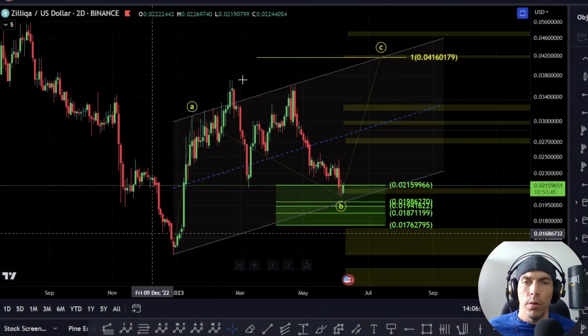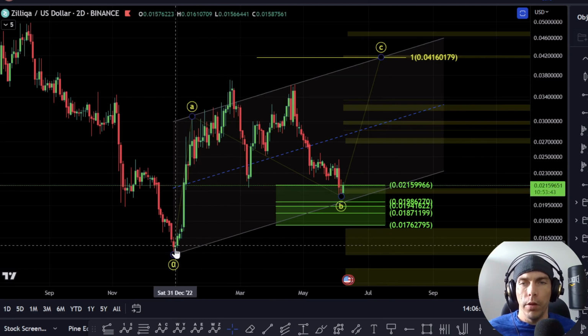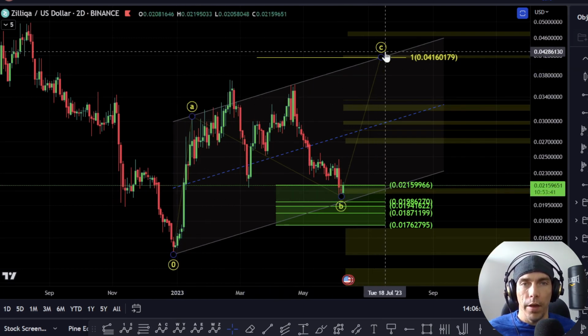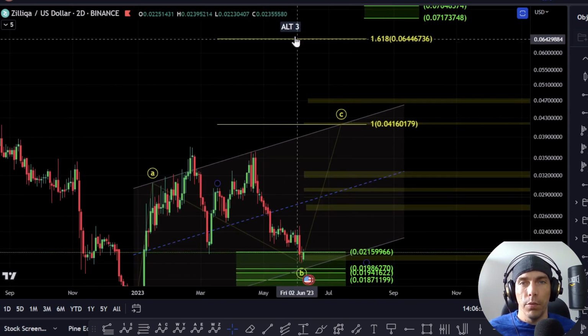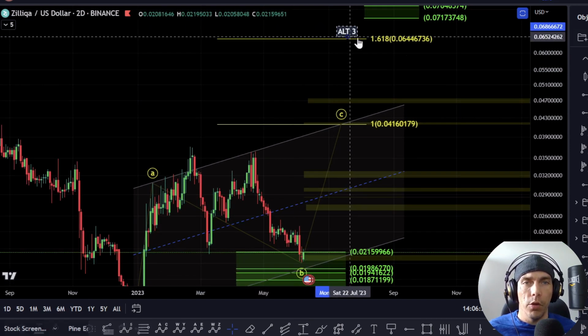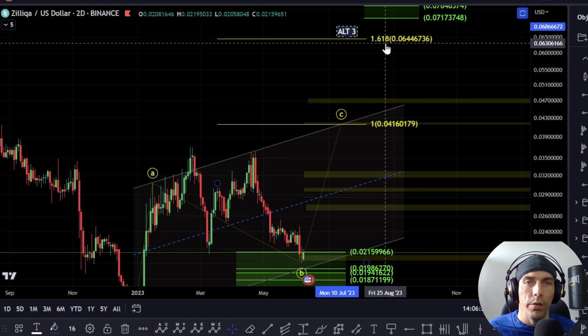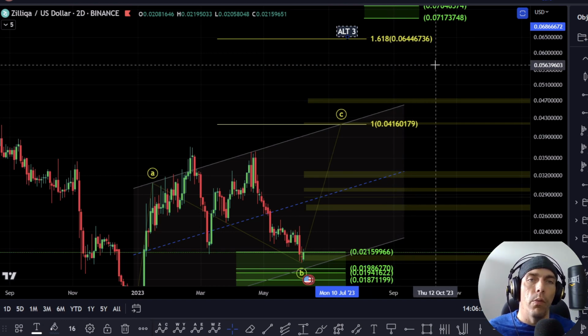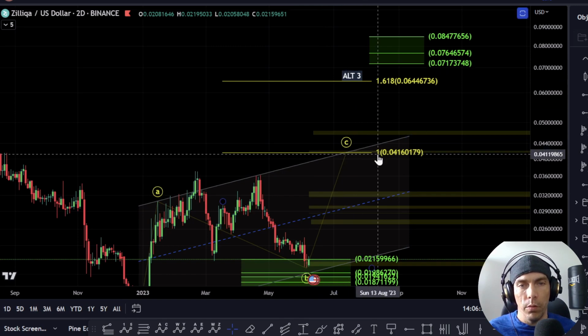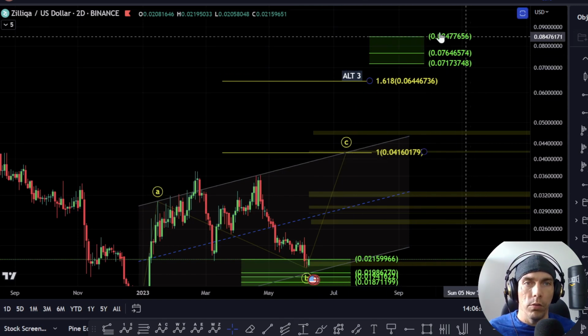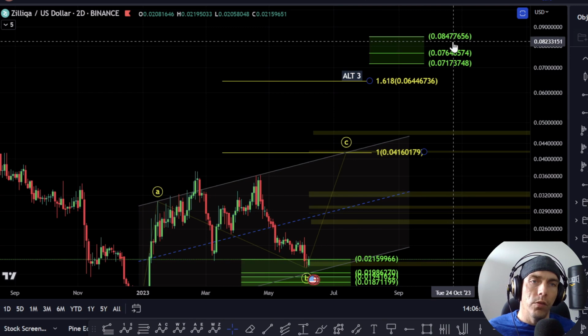Okay, so we're going to go over the bullish option first here, where we're looking for this potentially as an A, a B, and looking for this C wave to the upside. Now, alternatively, this does have the potential to turn into a wave 3 if we do manage to move up past this 1618, which is sitting at the 0644 region. Now, if we did see a push to the upside here in this third wave, we'd be looking for a fourth and a fifth, which could look to push us up towards the 08477 to the